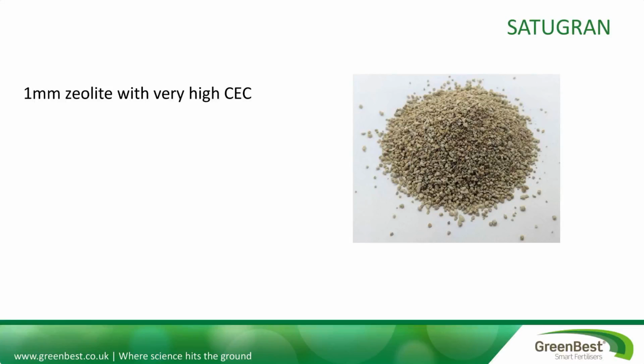It's a 1 millimeter zeolite or thereabouts. There's a bandwidth of granule size that we've chosen, and it's got a very high cation exchange capacity. There are products with zeolites with fairly low cation exchange capacities, and the important aspect for us, but also for you, is that we've chosen a really high cation exchange capacity item. The importance of that is twofold. One,